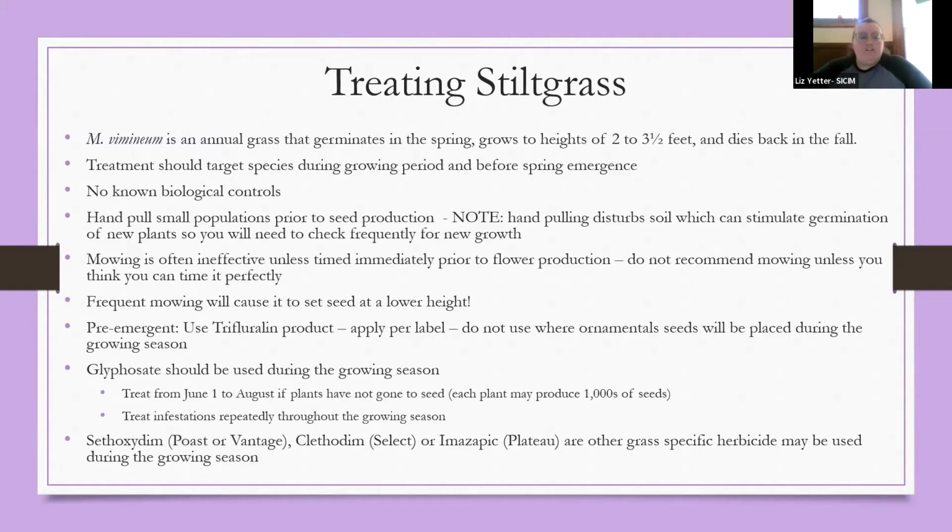And then you have a few options for herbicide. All of these are listed with their active ingredients. So as always, if you choose to work with herbicide, follow the label, follow the label, follow the label. It'll tell you everything you need to know about the chemical you are purchasing. But typically what a lot of landowners use is a glyphosate-based chemical during the growing season. And you might have to do repeated treatments, doing a foliar spray on those. And someone correct me, 2% on the foliar spray, or are we at a lower percentage for this one?